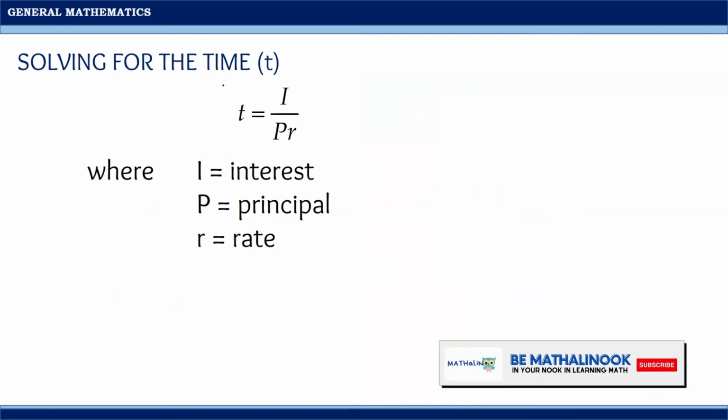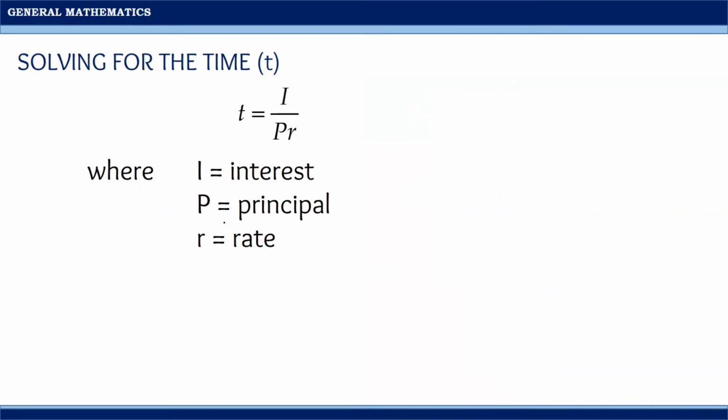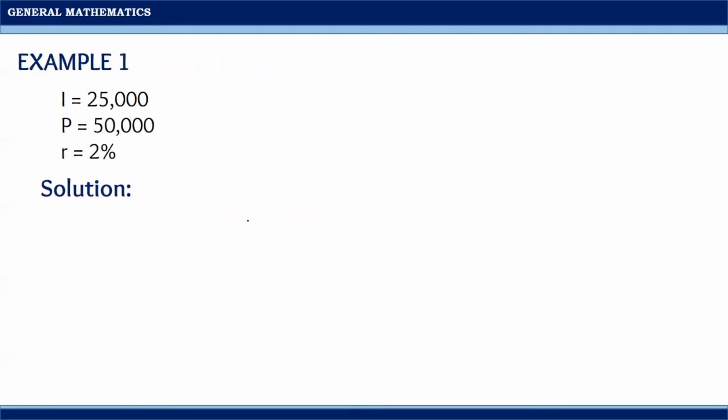In solving for the time, we will have the formula T equals I divided by the product of P and R, wherein I is the interest, P is the principal, and R is the rate. For example, say the interest is equal to 25,000, the principal is equal to 50,000, and the rate is equal to 2%, find the value of T. Using the formula T equals I divided by P times R, then we will have